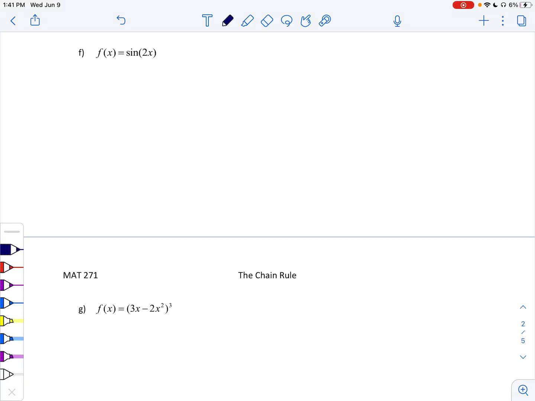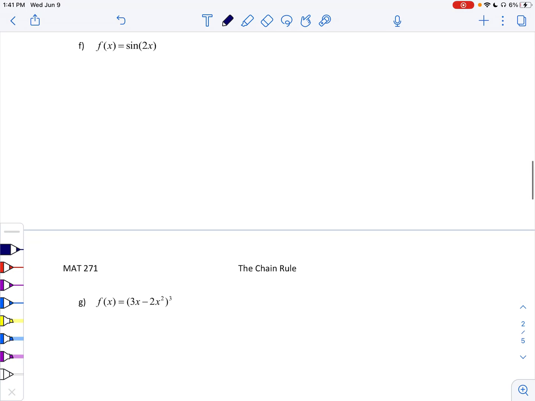Hey guys, so in this video, I'm going to show you some additional examples with our chain rule. So we already know the chain rule. We went through several examples in the last video, but I just want to give you a little bit more practice here. Okay, so we're going to start with this function, f of x is equal to the sine of